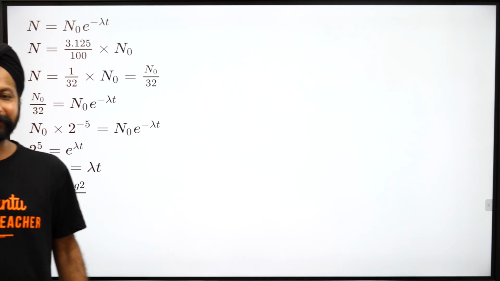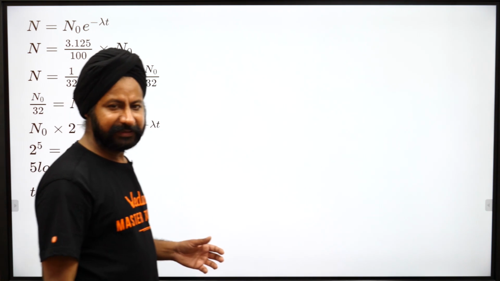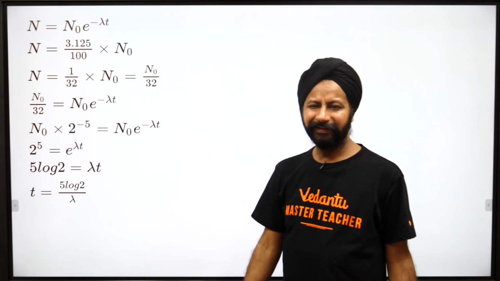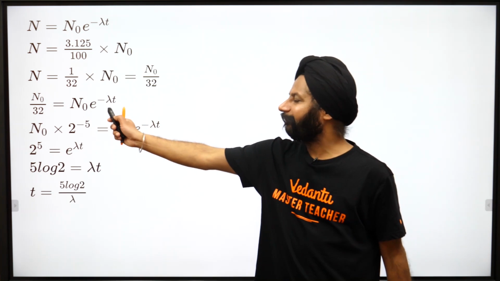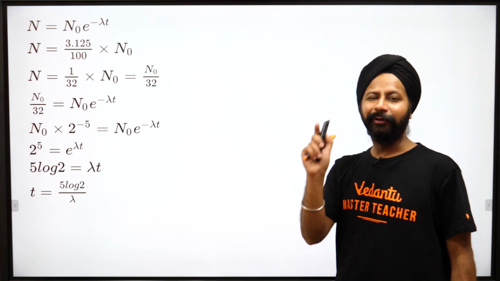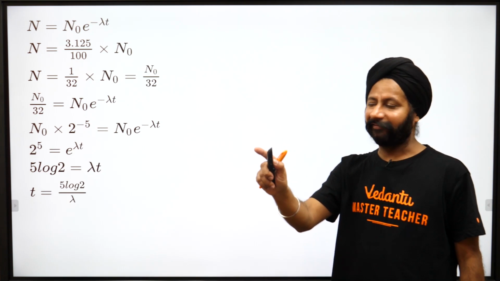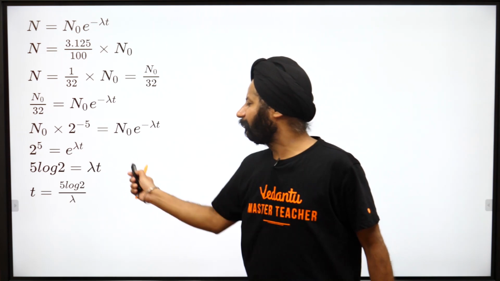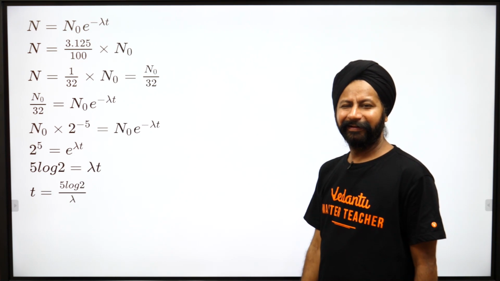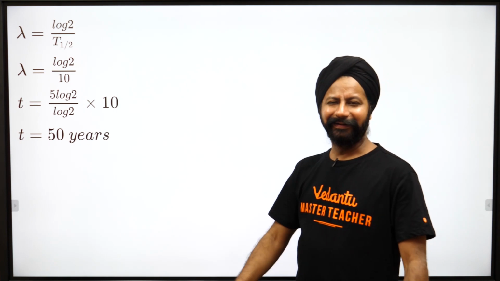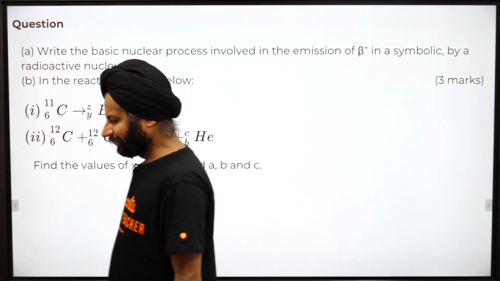Now this is the thing that I was doing. I'll just move out here. So see how easy it is. And they're not saying 1/30. They're not saying 1/28. It's 1/32. क्योंकि 32 is 2 to the power 5, and when you take 5 it becomes 5 log 2, and see log 2 cancels out there. 50 years, 50 saal. So let's see the next question.